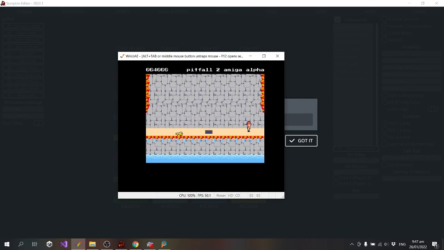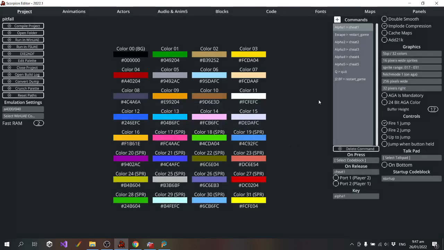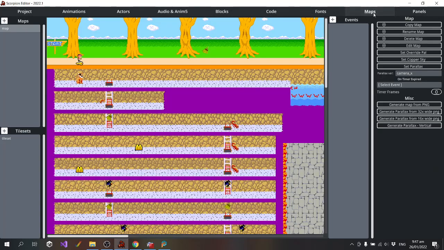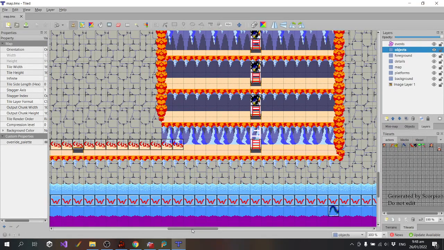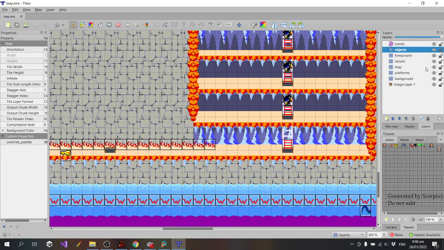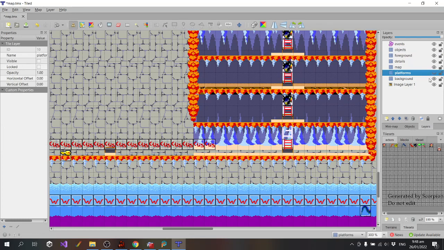Okay, so I think it was somewhere around here that it would fall through. So which tile is that? That one should be set to solid.